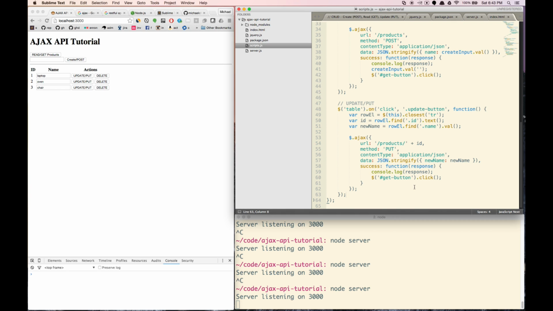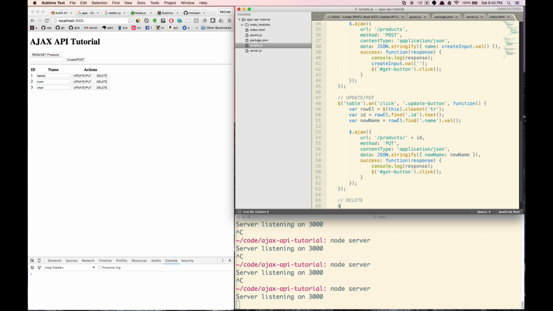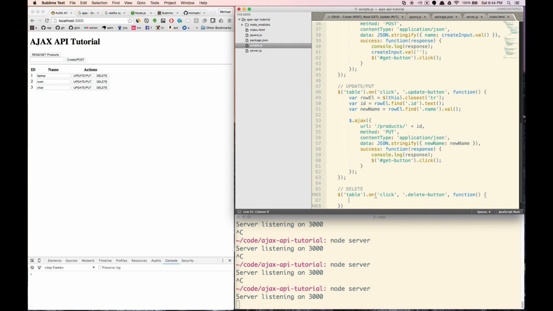And lastly, we are going to do our delete request, and there's no alternate name, it's just delete. And so again, we're just going to do table on same format for click handling, because this delete button shows up later on the page. It's going to be delete button function, and then we're going to again create variables for these row el. Let's just copy paste these actually, and then